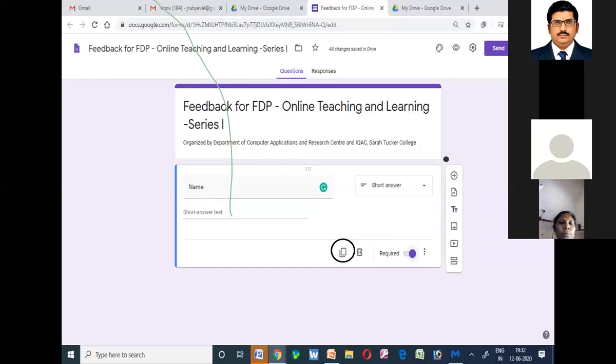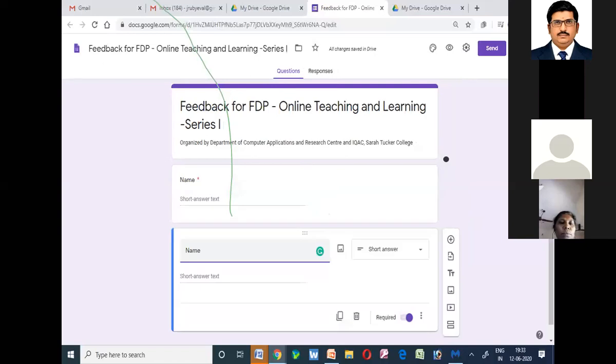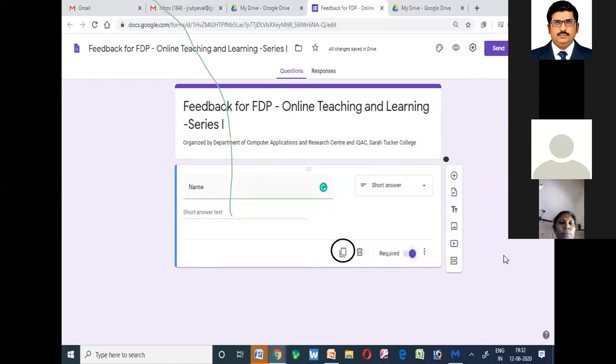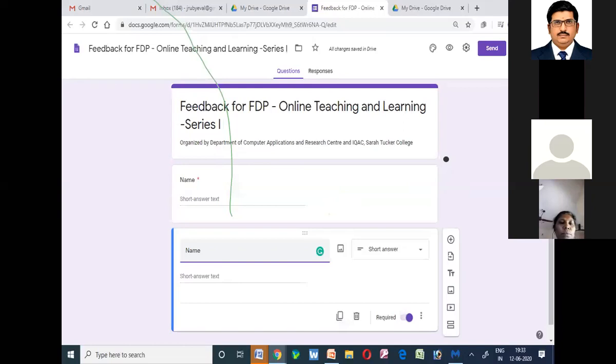It is not necessary that you have to create all the multiple choices. So we'll be seeing that later on. Just remember that it is meant for copying the question. So now what I am going to do is click on that particular icon. Now you could see the name question, because I have copied only the name short answer type of question. So it gets copied here. So we have two questions here. One is the name question. Again, I have copied, so I am having the name question.